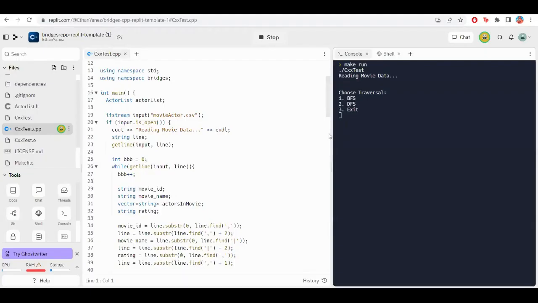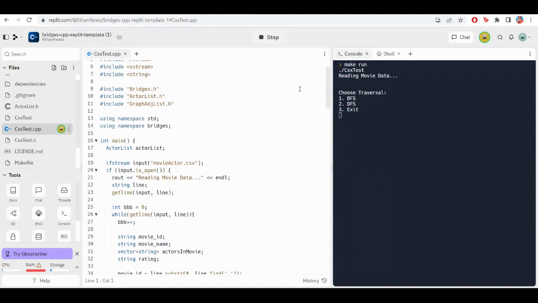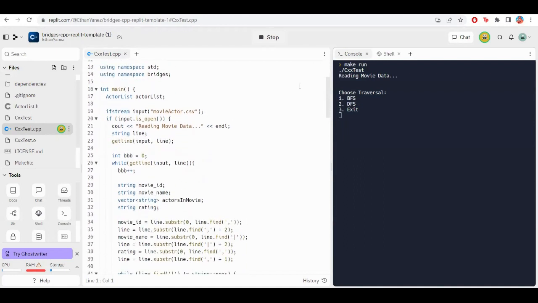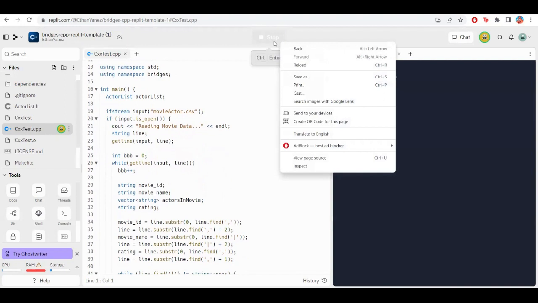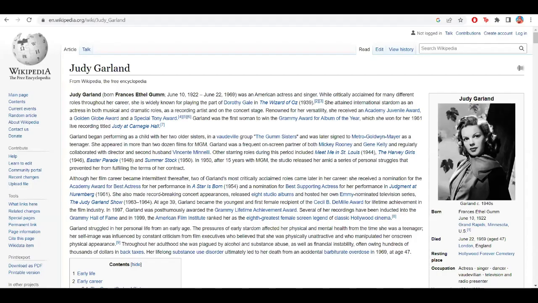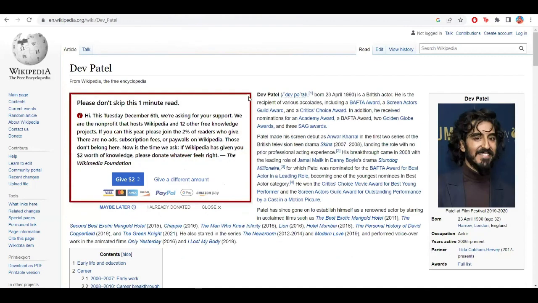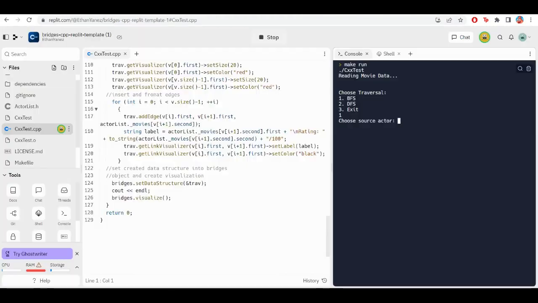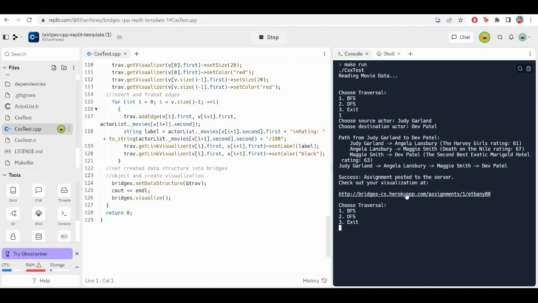So this is the Replit browser-based IDE that we use to implement the Bridges API to create the visualizations for our graph and traversals. So I'm going to run the program now. And so now I'm going to show an example. So let's start off with a BFS, and our two actors are going to be what we hoped would be an interesting visualization between Judy Garland and Dev Patel, two actors from very different eras and very different genres. So we'll start with Judy Garland, Dev Patel, and then the program will generate this link for us,